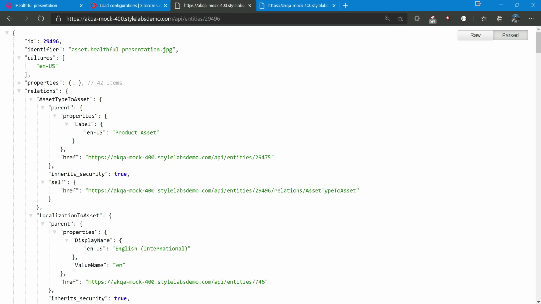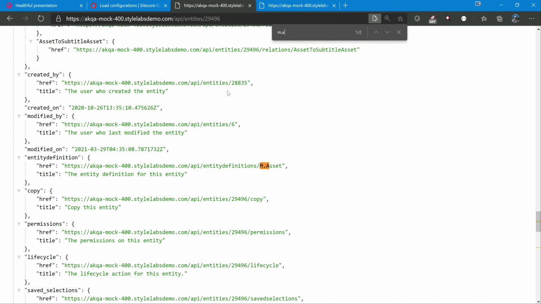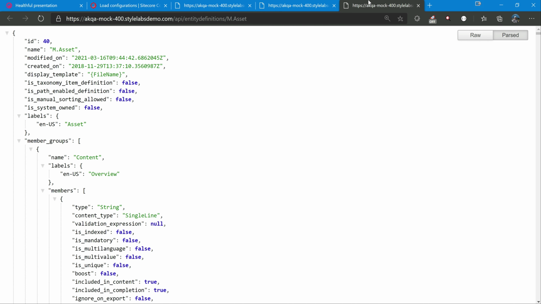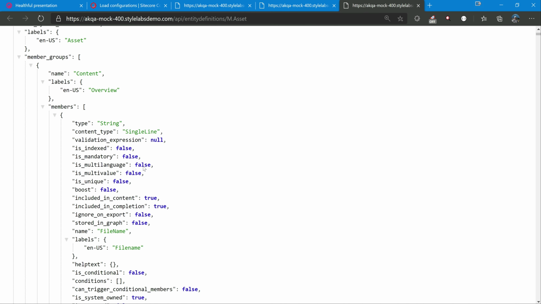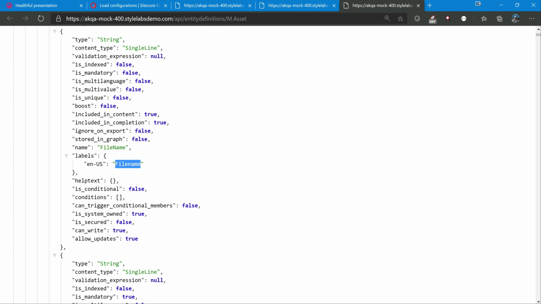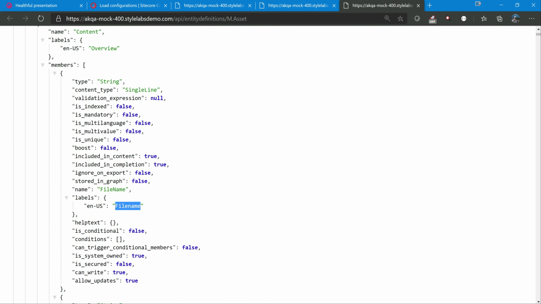But what if we want to understand this definition, how we can do it? We can check m.asset. We would have it here, and everything is browsable here. So we can go to entity definition. This is giving you the template. So what exactly is a template? What are the field types? What are the properties it has? So now if you see string file name, the file name which we have, right? So that's in culture, this is the name we are using to fetch. But we need to know the data type. So string, and all other fields also.